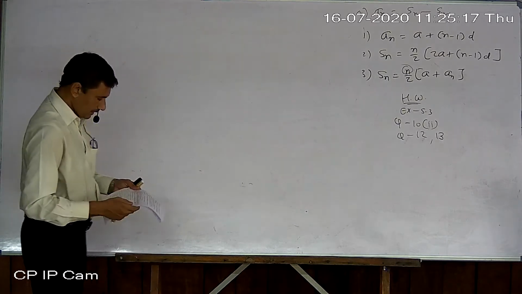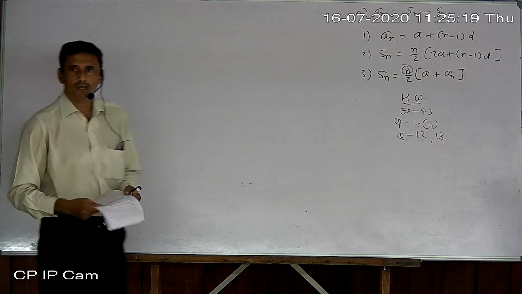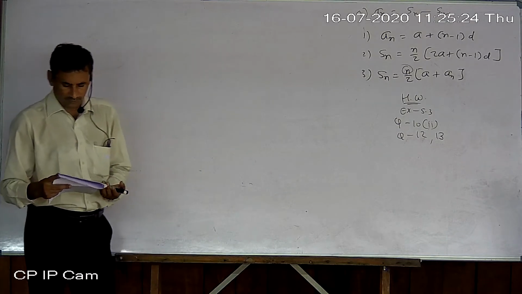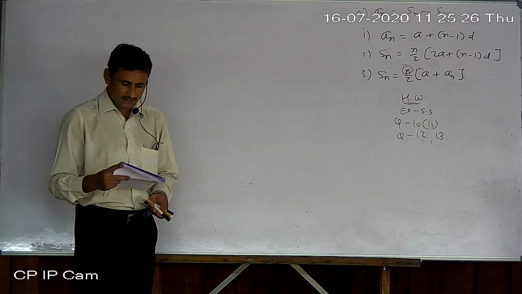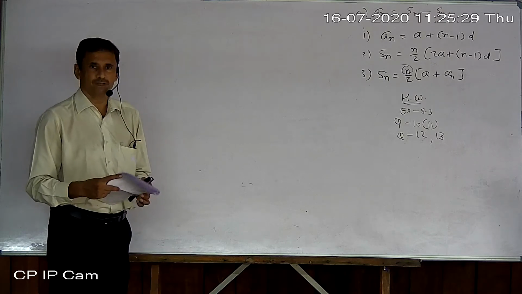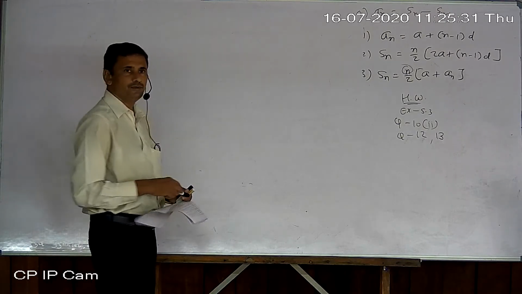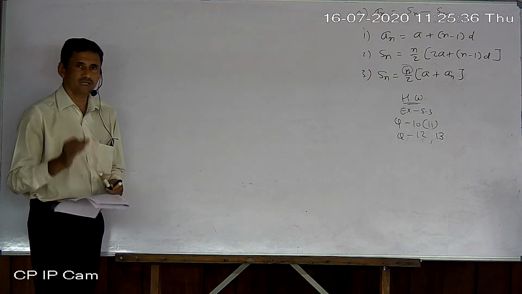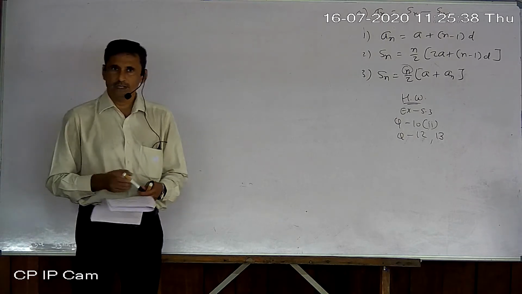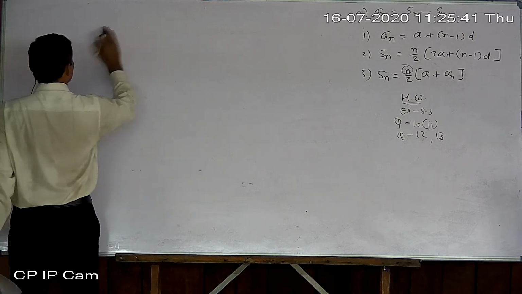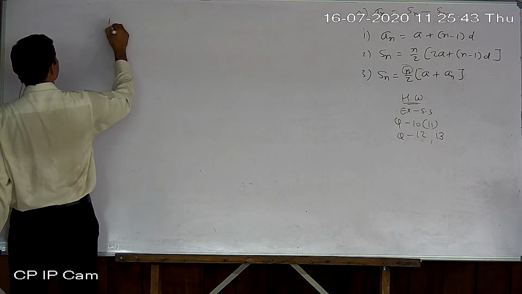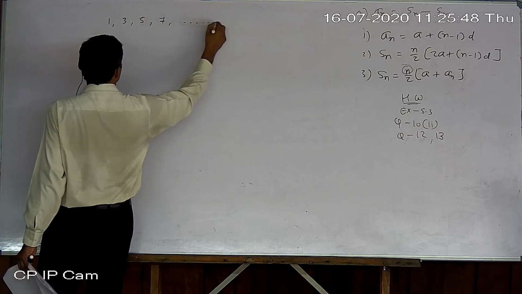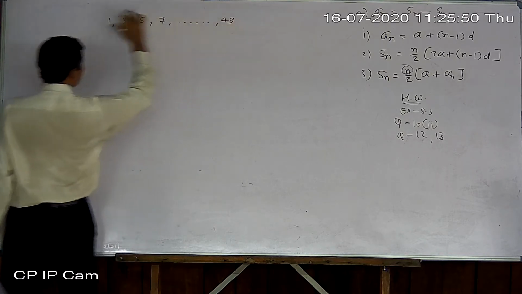So now look at number 14. 14 is also just like 12 and 13, but there is no given multiple like this. Find the sum of the odd numbers between 0 and 50. Between 0 and 50, odd numbers form an arithmetic progression, and you have to make the sum of all these. Okay, so you can see that it is an arithmetic progression 1, 3, 5, 7 like this, and the last number will be 49.